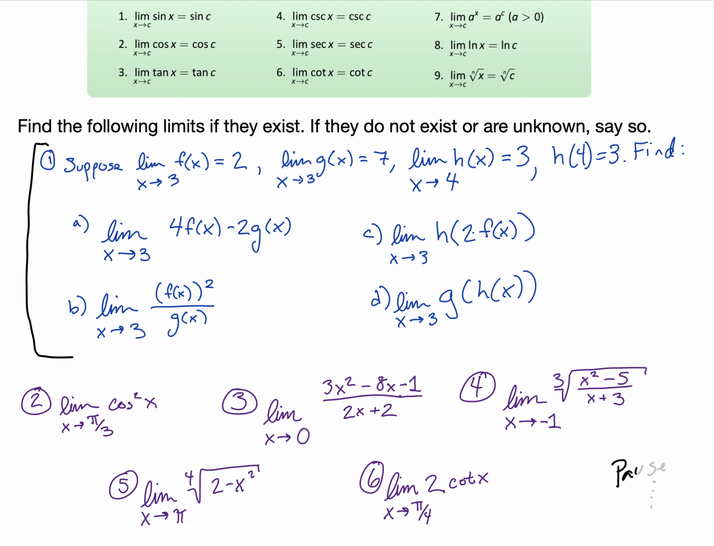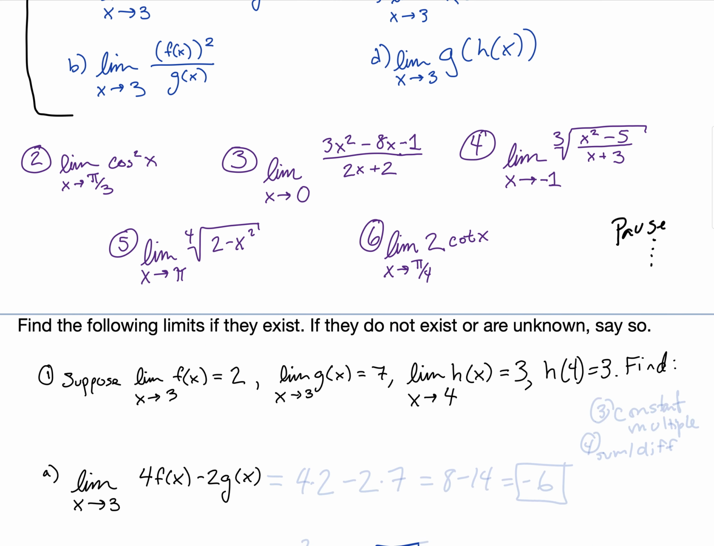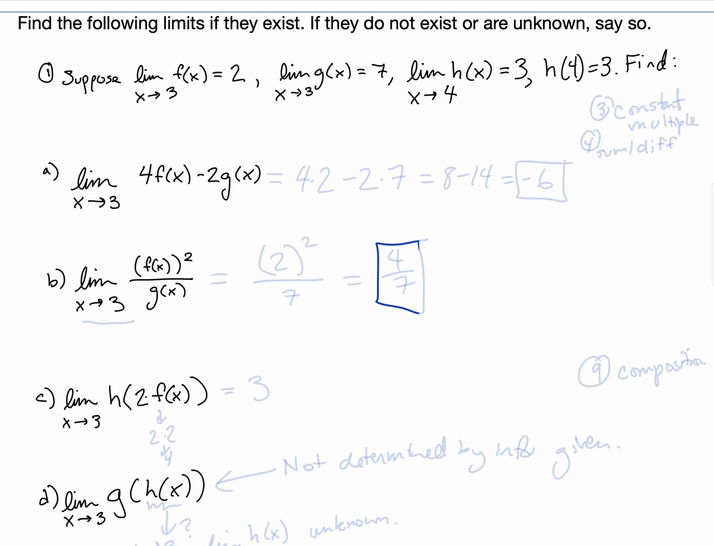So pause the video, try those, or try as much as you can, and then take a look at my solutions. Okay, let's try these out. So for the first one, the limit as x goes to 3 of 4 times g of x minus 4 times f of x minus 2 times g of x. So here we're just using the properties in the first theorem above. So properties include,